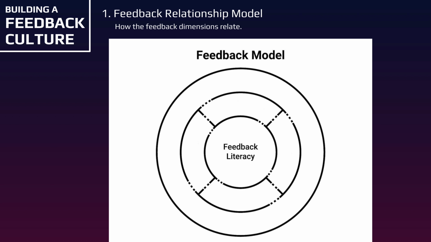So before we move forward here, I want to call attention to the openings and the lines of this model. The dots that you see here represent each element of the feedback relationship holding its own space, with the dotted lines representing fluidity, as each element can influence and be influenced by the other. Also notice that there are 3 levels to this porous nature. In our initial view here, this would mean that what we are describing as the total set of our feedback literacy can leak out to impact other areas. Likewise, those other areas can leak into our feedback literacy.